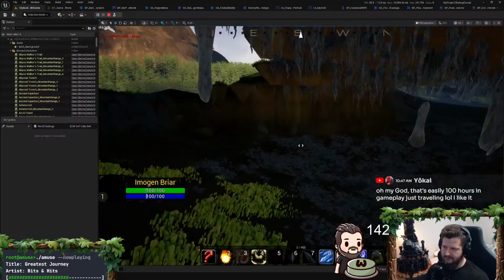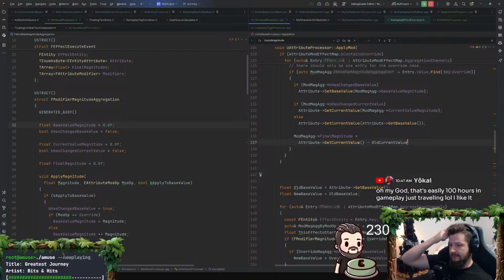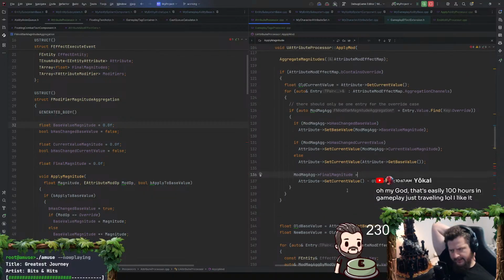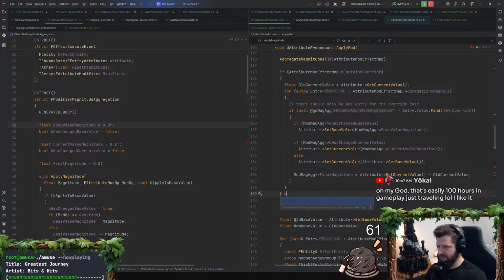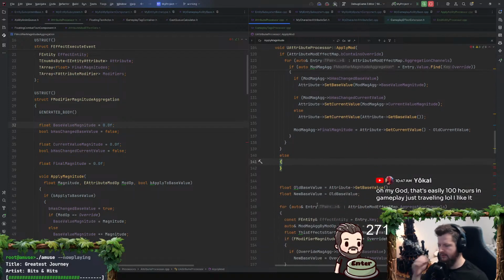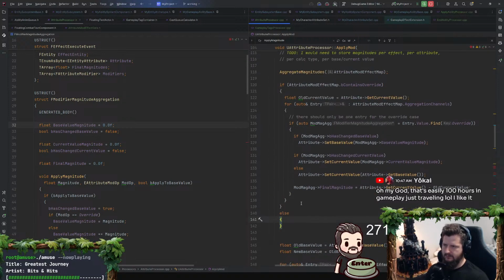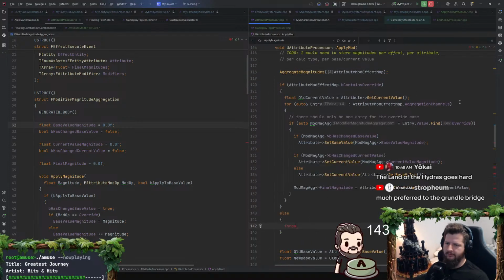Yeah. So that's the game. Trying to get attribute calculations working in a good way here. But I think this is good. I think this is good for override. So let's do an else here for the others. All the others. And so this is where we need to loop through here.